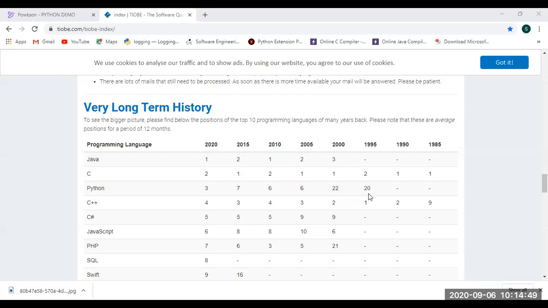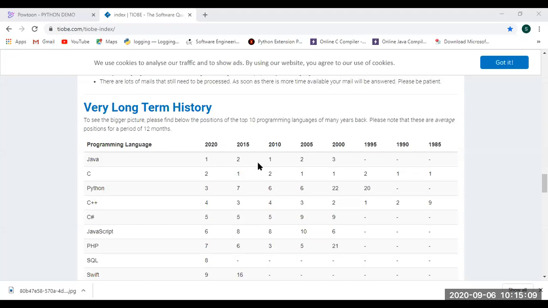If you are coming from 10th rank to 9th rank, assume that in your class there will be a first rank student, a second rank student, correct, right? Coming from second rank to first rank is not a big deal. Why? Because ultimately it's a topper. But coming from 22nd rank to 6th rank, that is not a joke. Something happened in this 2000 to 2005. What is that? That is what I will be discussing in today's class.